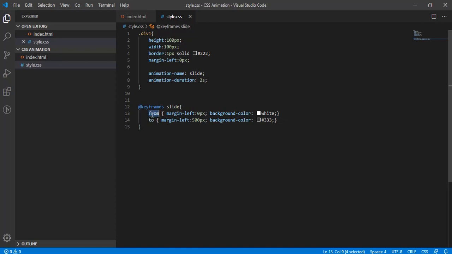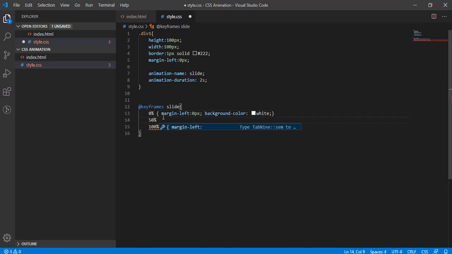So if we say it's 0% and we call it 100%, then in case they want some different effect at the 50th percent, or in between these 2 points, how can we do that? For that, instead of the keywords to and from, we can use the percentage, 0% and 100%. That gives us flexibility to have n number of percentages in between, and we can have our different